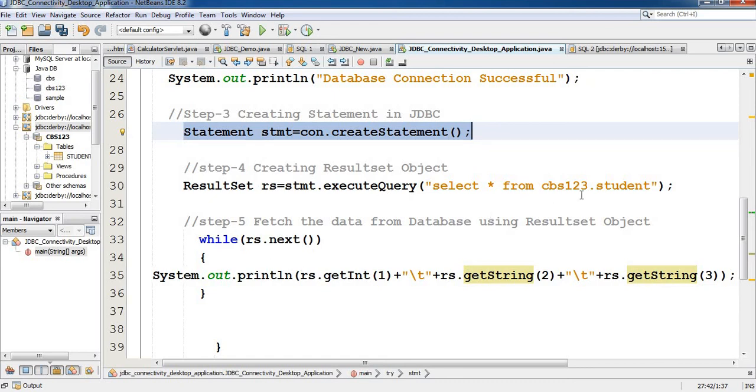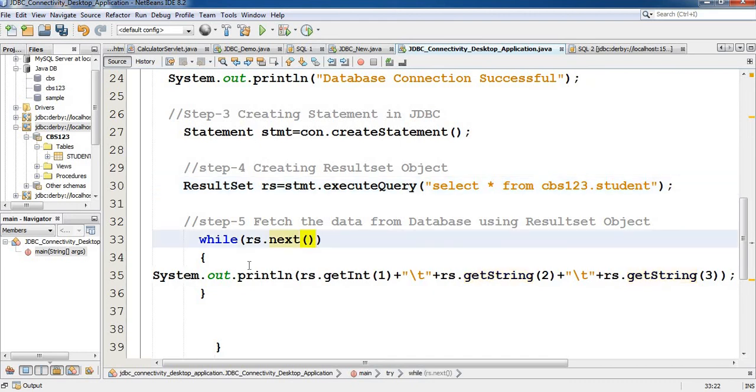And finally, after creating the result set, we need to display that output on the screen. So the method is while rs.next. Why rs.next? Because the cursor goes in the forward direction, and it will always check the next value. So while rs.next